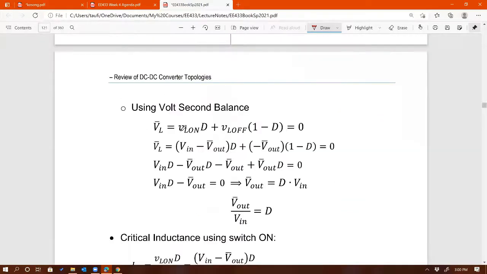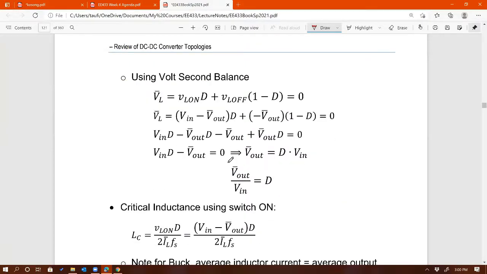Right there, volt-second balance: VL on times D plus VL off times 1 minus D is equal to 0. VL on, we just found out that that's V in minus V out. And then VL off, we just found out that that's minus V out. And just plug in those values, and the rest is just going to be algebra. See that? That's it. It's very simple, right? And at the end, you get the ratio of output over input. Beautiful, right? Output voltage over input voltage is equal to the duty cycle. That is the transfer function for a buck converter, right? In CCM, ideal,